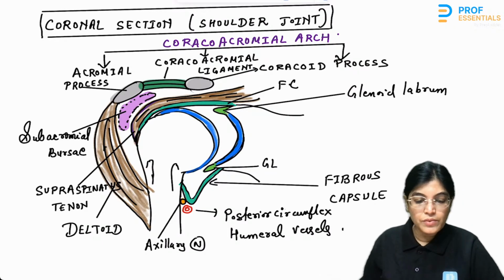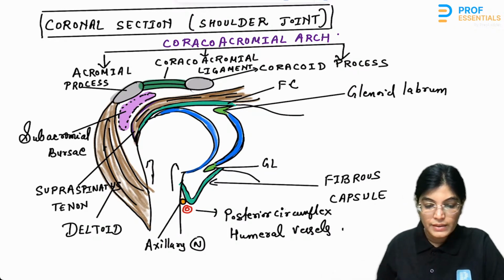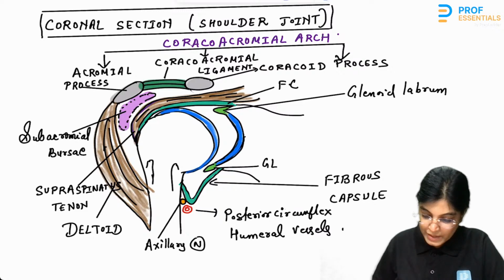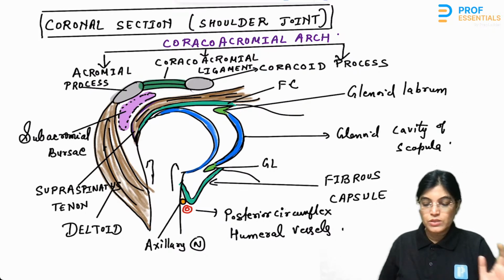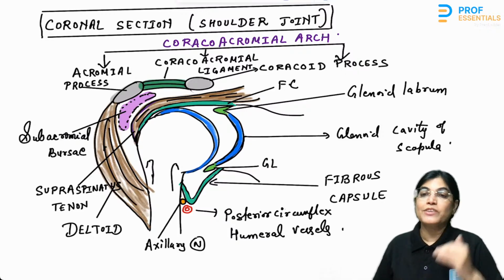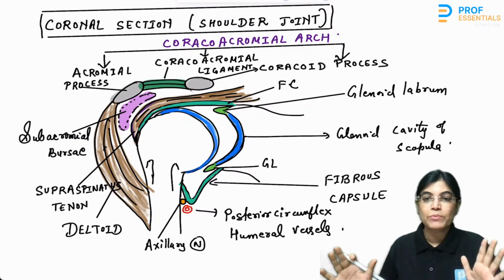So here we are now knowing, and this is the glenoid cavity of scapula. This structure is glenoid cavity of scapula. Okay, so now we have made this coronal section in which we can see many of the important structures, the